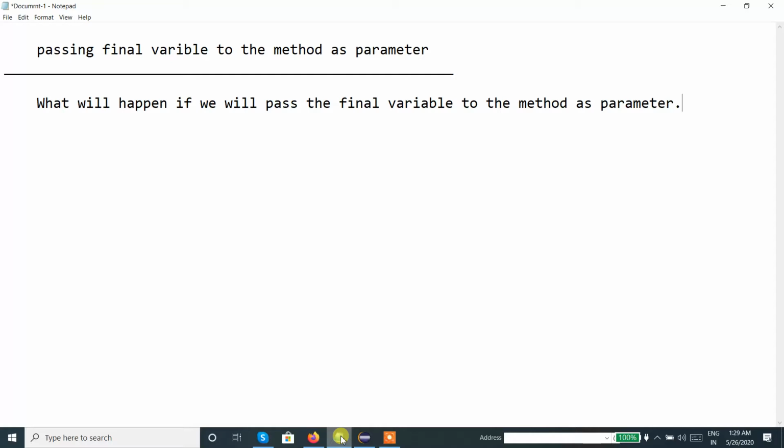We have already seen the parameterized method. Now the parameter type is final variable, any type of variable which is final type as a modifier. So let us understand the pseudocode then. Let's say we will create a class test final variable param.